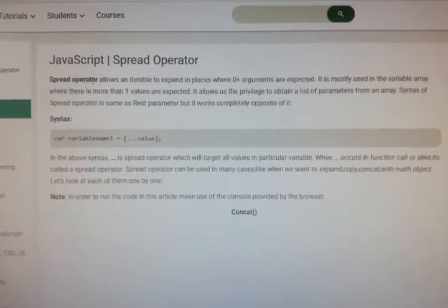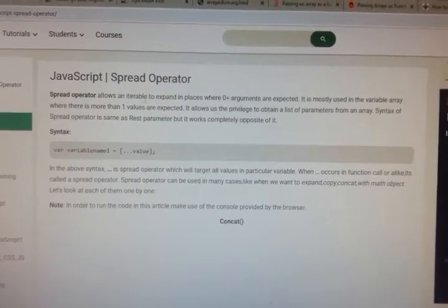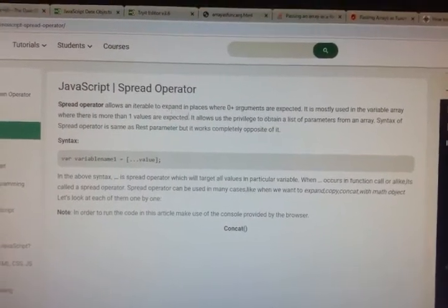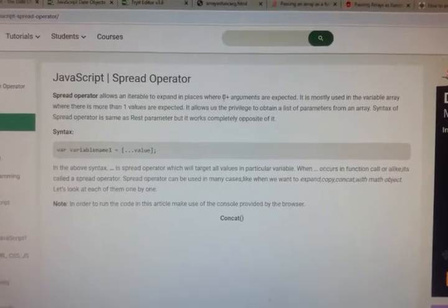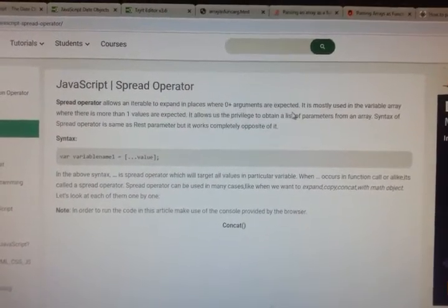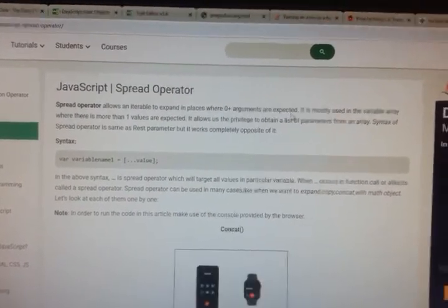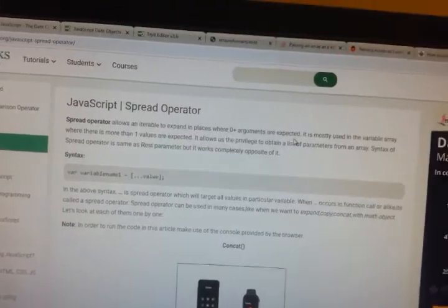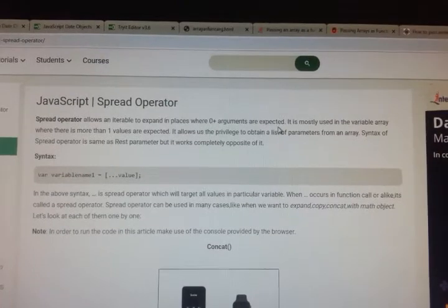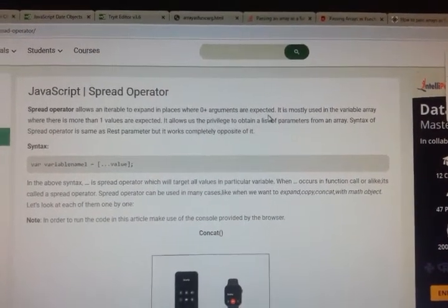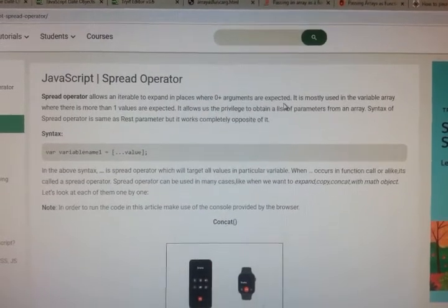What is the spread operator? The spread operator allows an iterable to expand in places where zero or more arguments are expected. It means a minimum of one argument is accepted. It is mostly used with variable arrays where more than one value is expected.